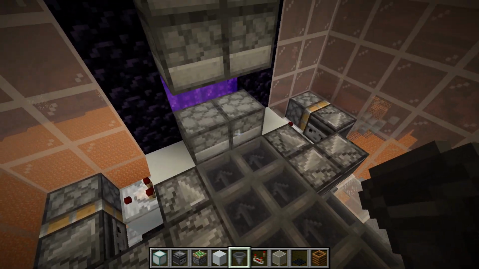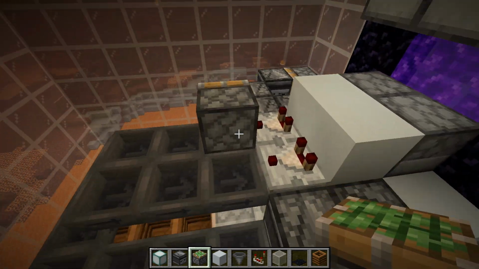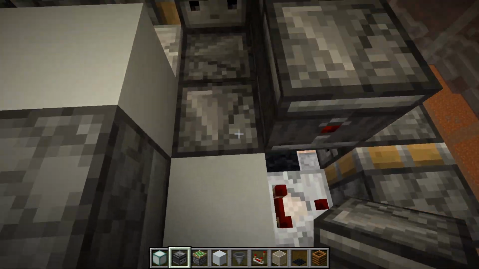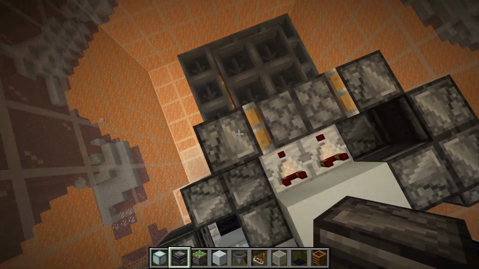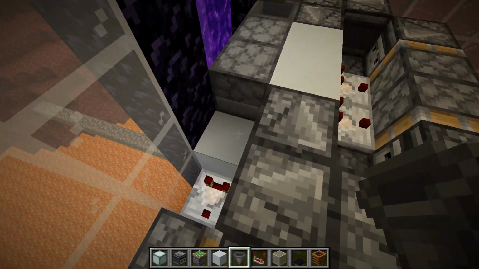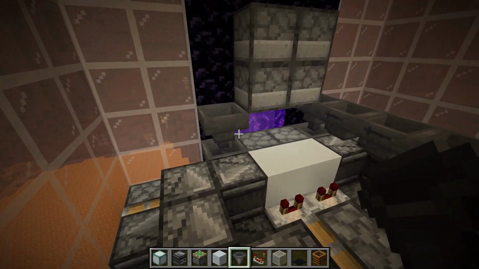like so. And then for the second set, blocks out the back, comparators, piston, observer facing backwards, 2 of them kitty corner, 1 of them into the solid block. Same thing on the other side. Hoppers on the sides of the droppers, up 1 block, run these back, and then just stop there for now,